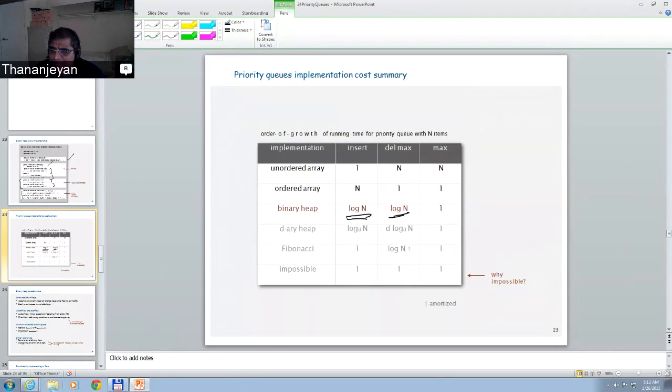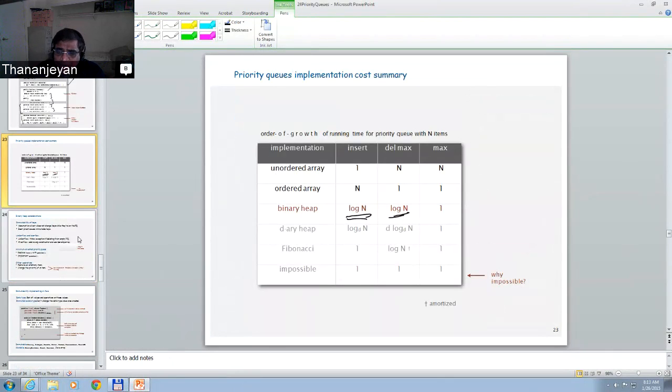There are other types of heaps that are essentially based on the same ideas. We'll not discuss them. We'll just get to what we want to do. So overall,